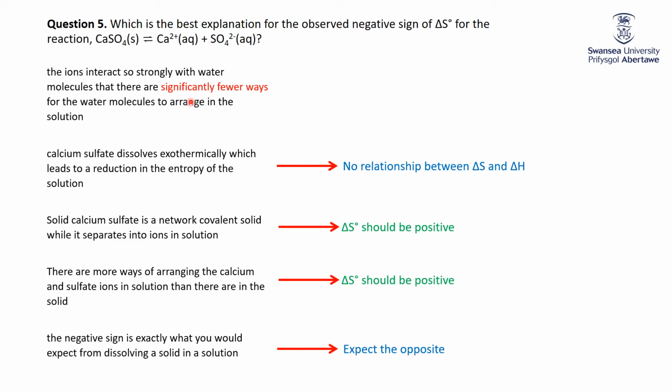Now what's cute about this one is ordinarily when we look at this, we think of it in terms of just the solute, because you always think, well, the solvent's just floating around doing its own thing, hardly affected by the solute. But what we're saying here is that when it dissolves into the ions, those ions are interacting so strongly with the solvent that it affects the entropy of the solvent. So that is the one that would lead to a decrease in entropy, because we're messing with the solvent. We're making the solvent more ordered by putting these ions in there.